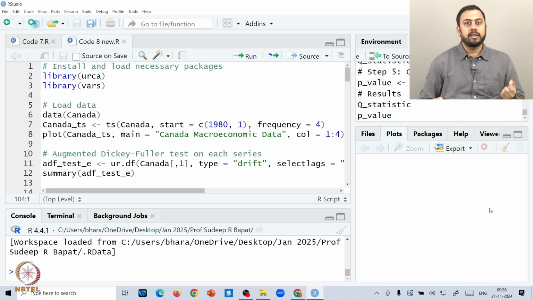If you have not revised any of the sessions which have happened this week, a strong suggestion would be to go back and revise all the videos for this week, especially the topics of co-integration and causality, and the different tests of co-integration. But the broad idea about co-integration is that you have two time series variables or processes,